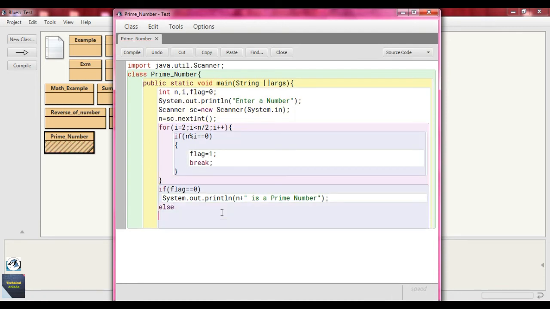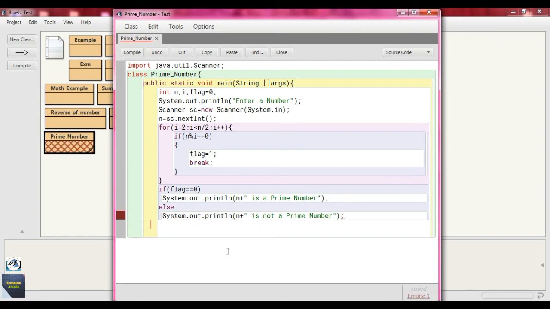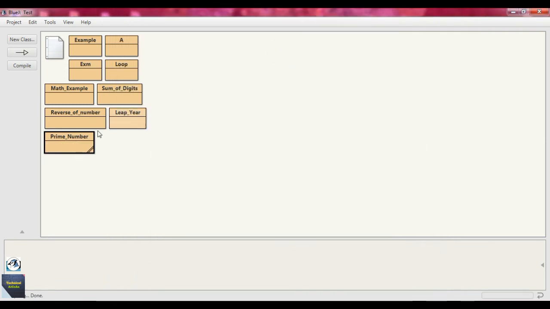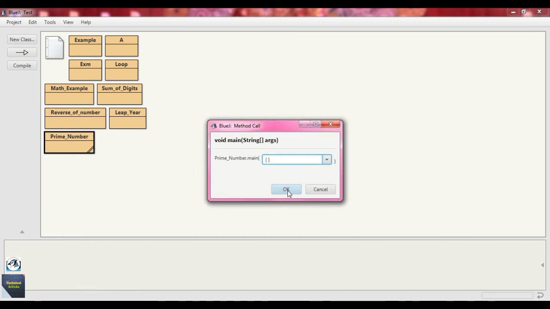Else means when the logic goes into that part, means the number is not prime. So just write System.out.println and in the same way write n plus double quote open, put a space, is not a prime number. Close this double quote, close this parenthesis, and then close our main method, then close the class prime underscore number. Okay, now if we compile that, there is no error, close this editor, just call the main method and